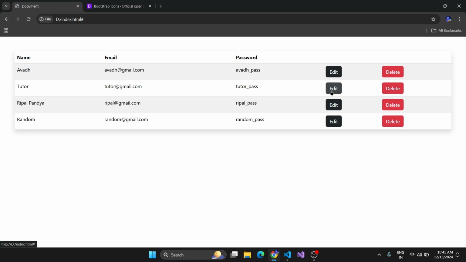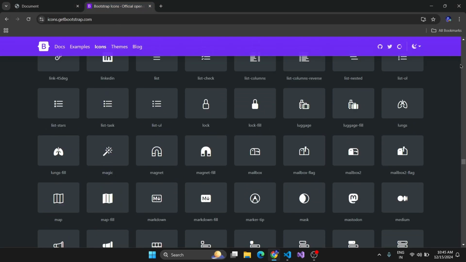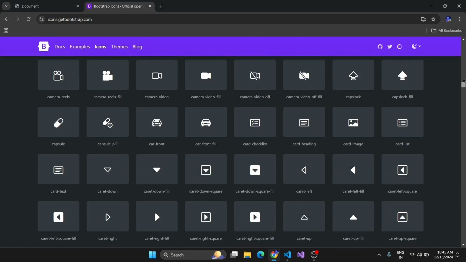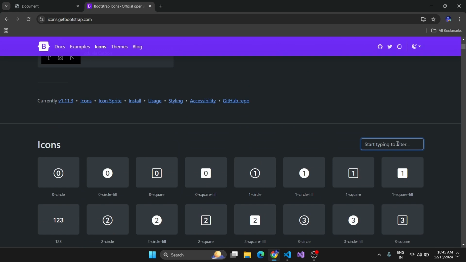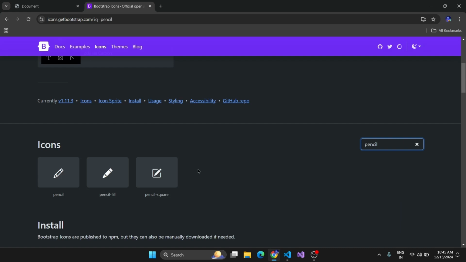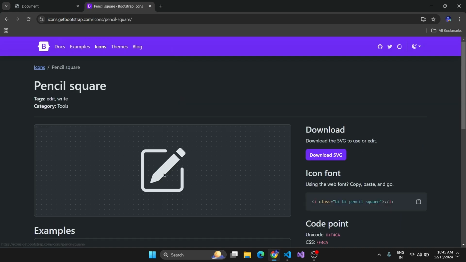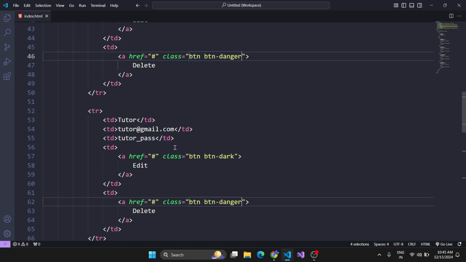Now I want to add icons to these buttons, and how am I going to do that? I will simply go to the icons website of Bootstrap. I will go above to the search section. Here is the search section. I'm simply going to search for a pencil for the edit icon. There we go. There is a pencil square. I'm going to take this and copy this code,